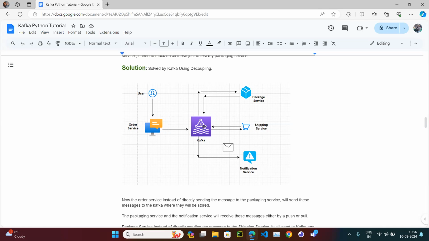In layman's terms, you can say a central repository, but it is not a database. You can consider it as a database itself, but it's not an actual database. It's called a message service. So the order service, instead of directly calling the package service and the notification service, is going to